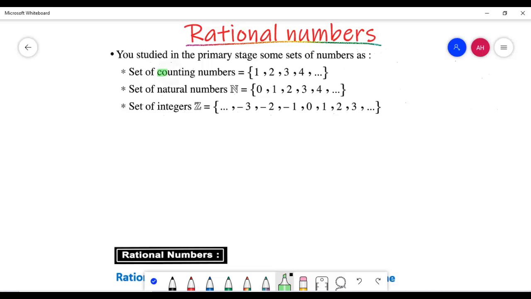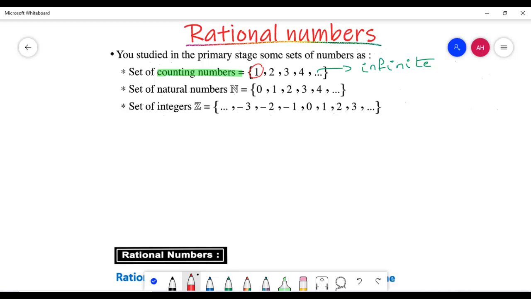We studied before the set of counting numbers, and if I ask you now to start counting the pens in front of you, you will start from 1, 2, 3, and so on. So the set of counting numbers is the set of the numbers 1, 2, 3, 4, and so on. What was the meaning of those dots? Does anyone remember? Those dots mean that this set is an infinite set. What's an infinite set? An infinite set is a set that has no end. So simply, I cannot say what is the largest number in the counting numbers, but I'm sure that 1 is